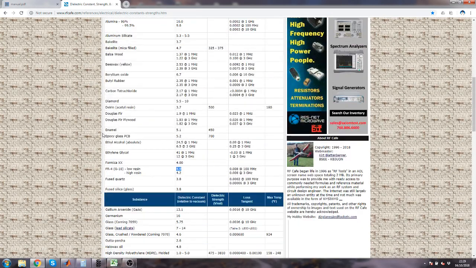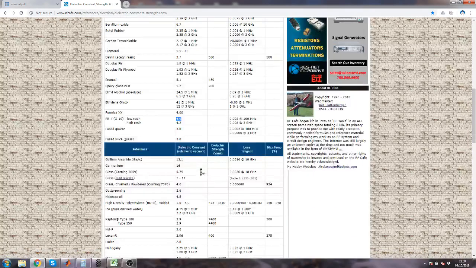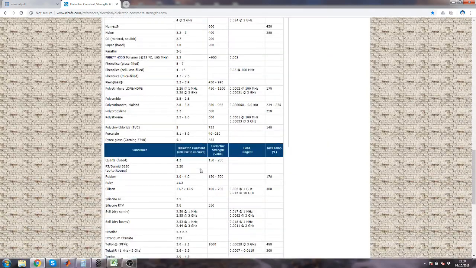And if I go into my listing from RF Cafe, FR4, and I choose the low res version only because it gives me a higher dielectric constant. FR4 is really only good up to about, I don't know, a couple of gig. You wouldn't want to go much higher than that because you start to get dipole loss, and the board effectively is getting hot, and all your RF energy is not going where you want it to. It's going in your board and making your board warm. So if you're going to high frequencies, people usually use Rogers. Well, the Rogers is the